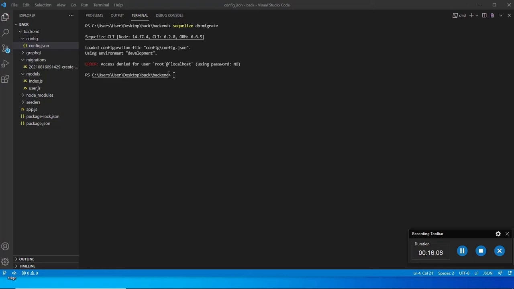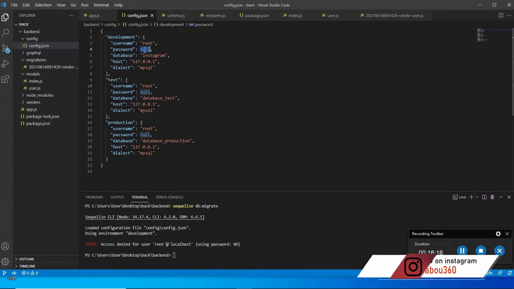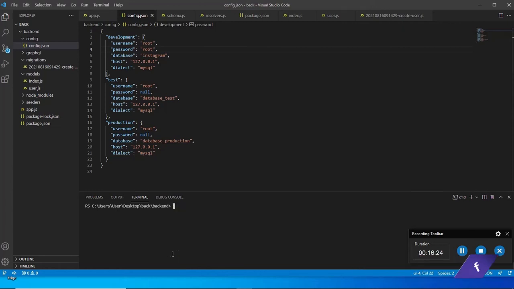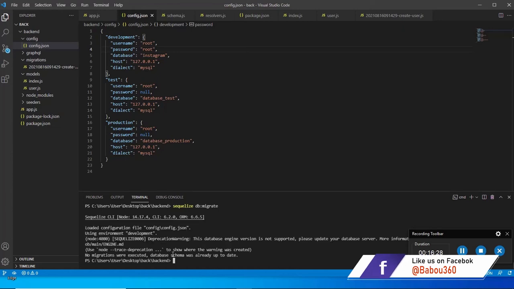This error is quite strange, but I think I know what is causing the problem here. I'll simply just come here into our password and change it into root. Then clear, run the command again. So it is all good now,